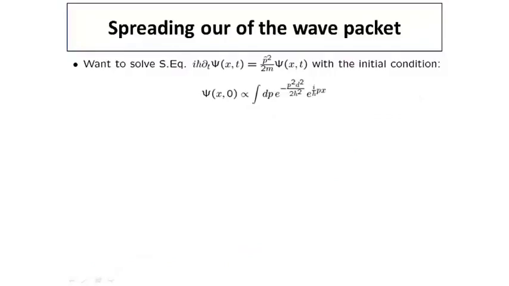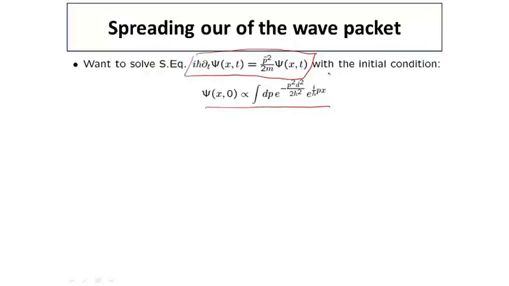So now we're in a position to solve the main technical problem that we formulated at the beginning of this segment. That is to solve the Schrödinger equation, the free Schrödinger equation here. The Hamiltonian here is just p squared over 2m, with the initial condition written as so. Instead of writing it as a Gaussian in real space, we write it as a linear combination of plane waves. That was basically the Fourier transform in the previous slide.